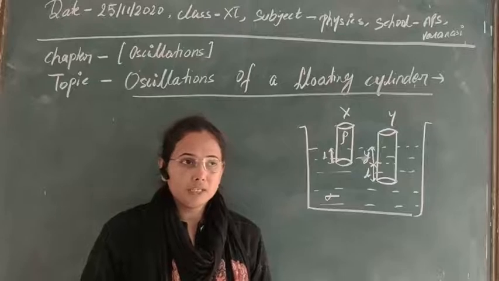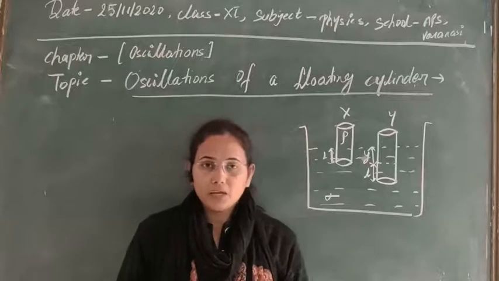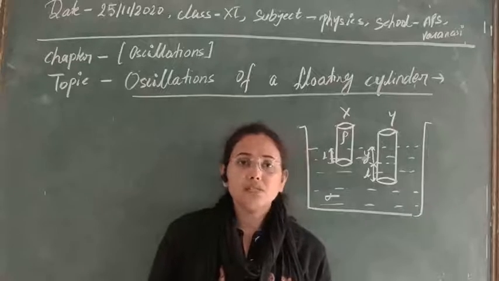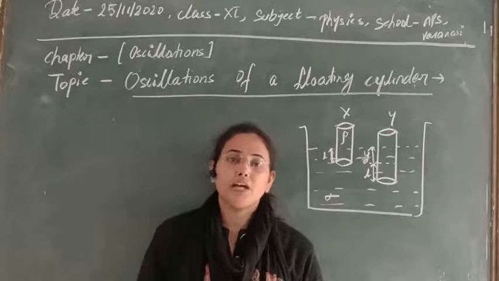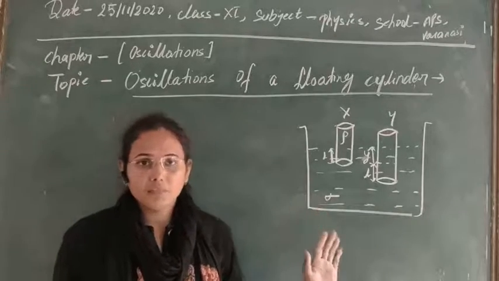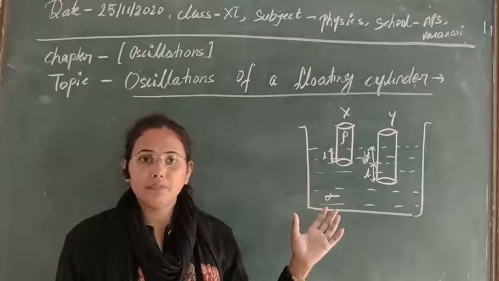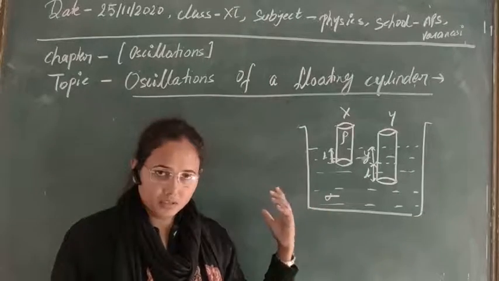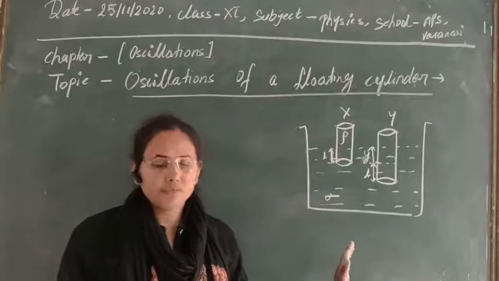So this is the primary characteristic of simple harmonic oscillations, and we can easily distinguish whether the system is performing simple harmonic oscillation or not. And we have seen a number of applications, a number of examples of simple harmonic oscillation, like the simple pendulum and the liquid in a U-tube. We have seen all this.